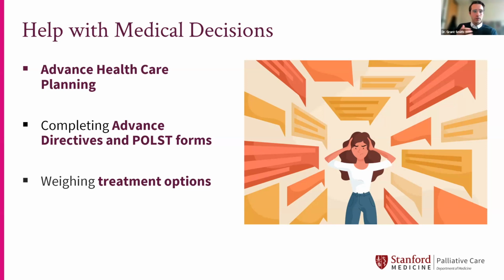In California, where I'm based, we have something called a POLST form, which is another way of putting your wishes in writing. And then we do an awful lot of what Alan talked about, and we've been mentioning: weighing these different treatment options, weighing the benefits versus the burdens of whatever it may be. I know that you all know there's a million different decisions that can come up, and we often are trying to weigh that. We're there to really walk alongside that journey, to think about that with you and to work with your other doctors to help with that.